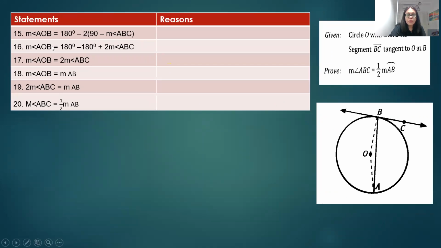Now, measure of angle AOB equals 180 less twice the quantity 90 minus measure of angle ABC. So here, similar terms may be combined. Here, this was just distributed to the two terms. That's why we got 16 statements. So this is the distributive property of multiplication. For 7,